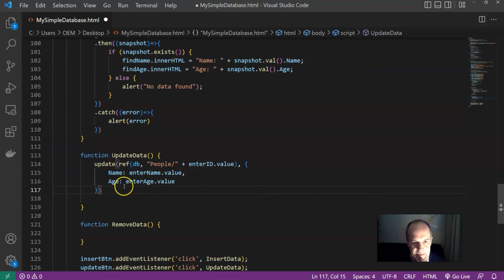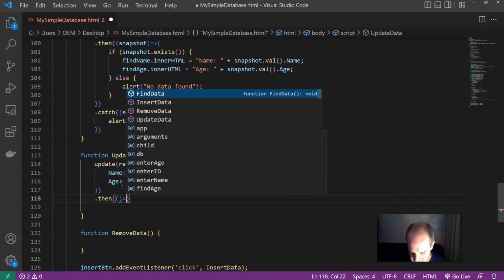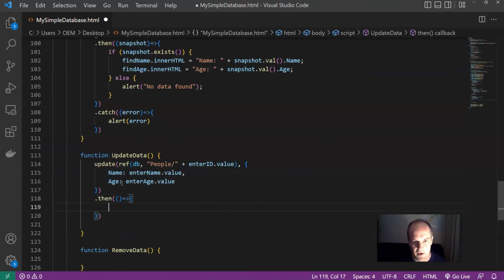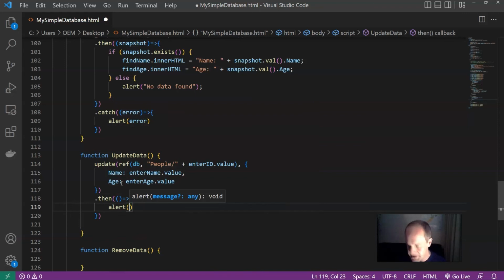But we need that success message. So hopefully it's gone through the database and updated it. But we're going to go .then and use that method. And then we're going to use our arrow function, so the empty parentheses and then the arrow and then our block of code. And what we're going to want to have is our alert, which let's make this one say data updated successfully. And let's throw that exclamation mark in there because we need to feel good. If it doesn't work, semicolon,